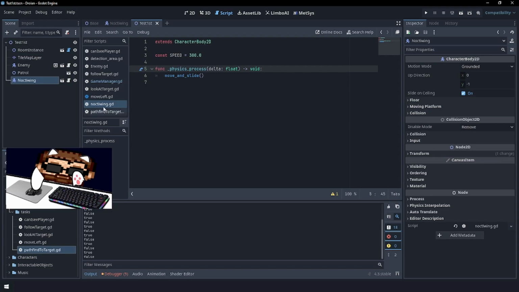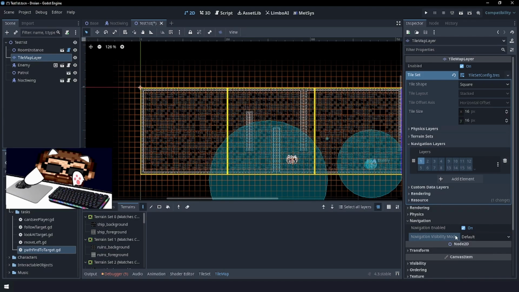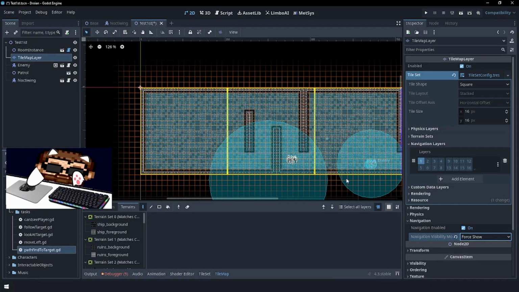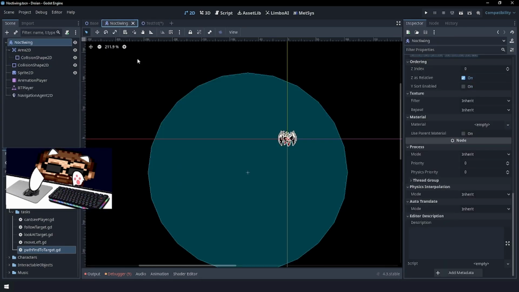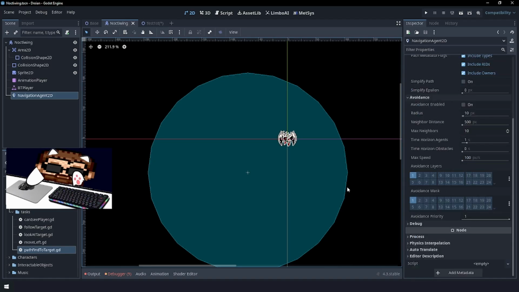So, I have implemented the tile map layer, which is visible. There's this blue thing that I have permanently enabled the visibility of. It is just for me to visually see where the enemy can walk or fly. And our enemy also is set up to have the navigation agent. So that's that. Most of these I have already done, and now we can start implementing the pathfinding, which is the learning